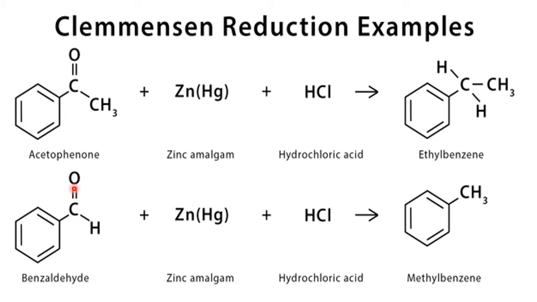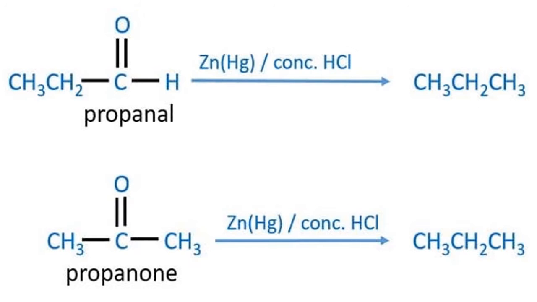The same way, benzaldehyde. This group is becoming CH2. Right? So already one H is there. Now it became CH2. So CH2 plus H together become CH3 on benzene, known as methyl benzene, popularly called as what? Toluene. Okay. So in this way, we can convert aldehydes, ketones into hydrocarbons by Clemmensen reduction reaction.